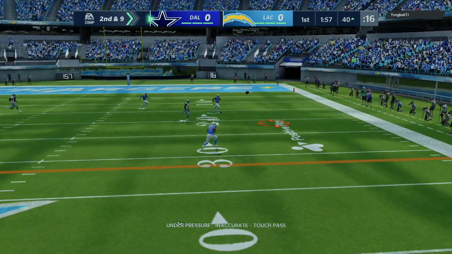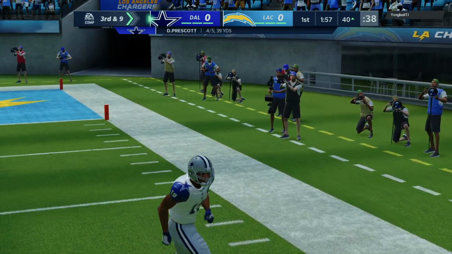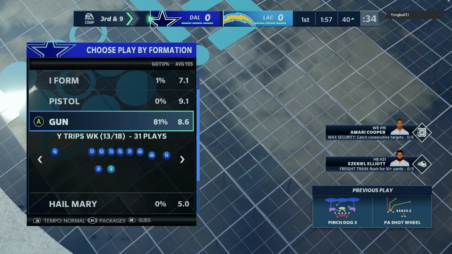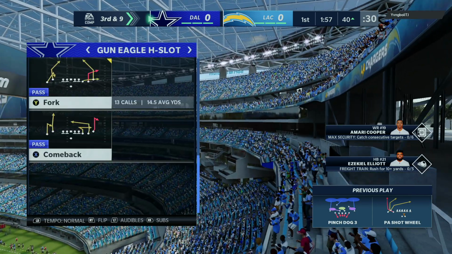Sliding out of the pocket. And that one goes incomplete. He's maybe lucky it wasn't a fumble as he got hit as he threw it. That was an interesting look there because as soon as he got outside the pocket, I thought he was going to take off and run for yardage. But what...